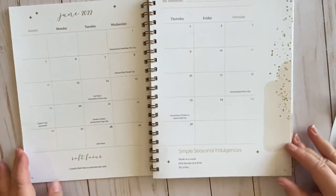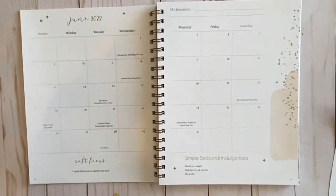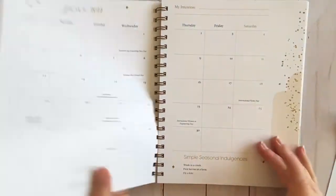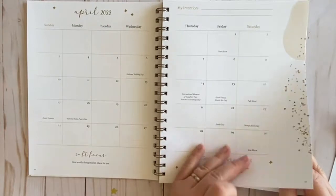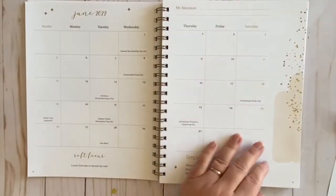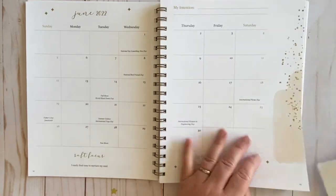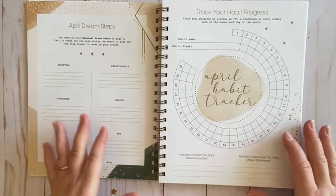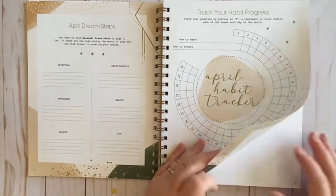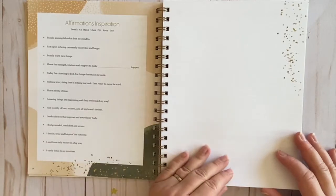So I'll do a very quick flip of the spring version. All right, so this one starts in April. So you've got April, May, and June here. I'm not going to do a lot of detailed talking about this one. I'll just let you guys know other things that I've already touched base on, just